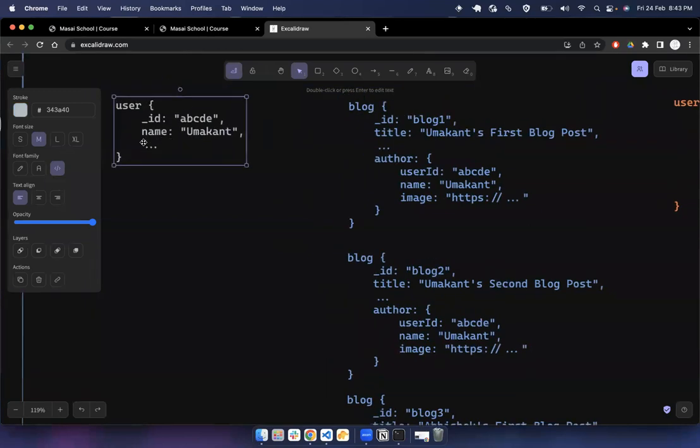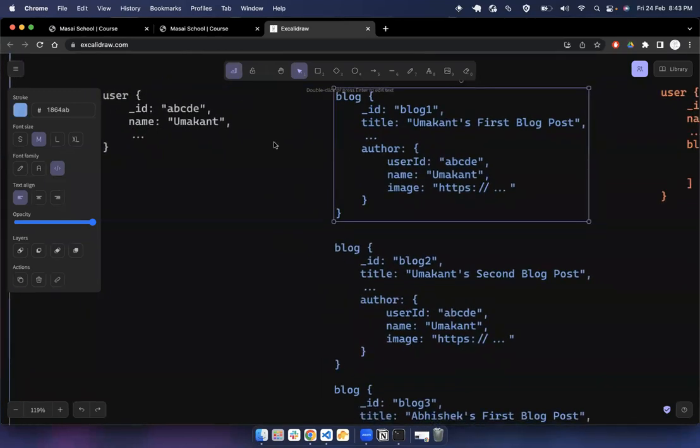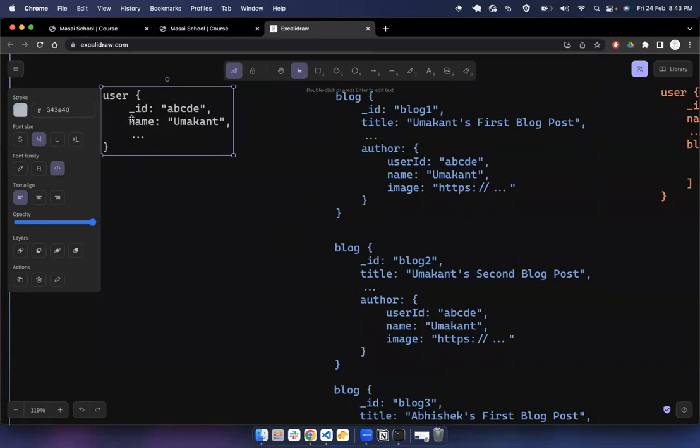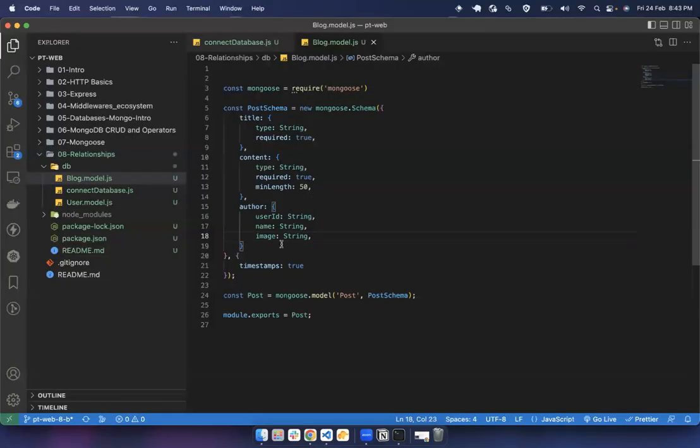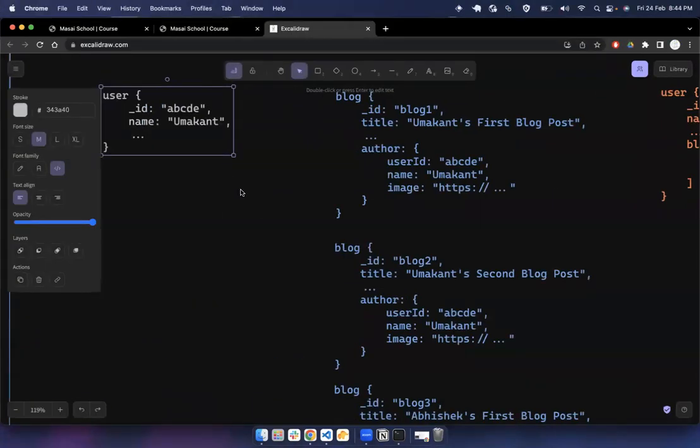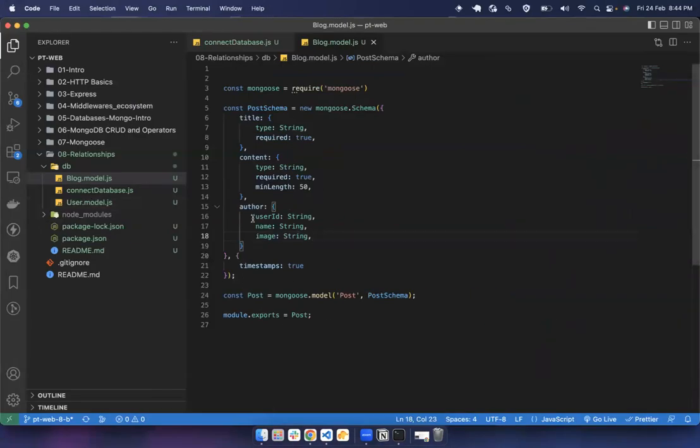we don't want to make a DB call for, let's say, 10 users. Okay, so for 10 blogs, if we are showing a list of 10 blogs, we don't want to fetch all these users by making a call to the DB. We can directly read from here. So this will save a DB call. Okay, this will actually be an optimization. That's why we are storing name and image, so that we don't actually need to fetch data from the user collection. Okay,